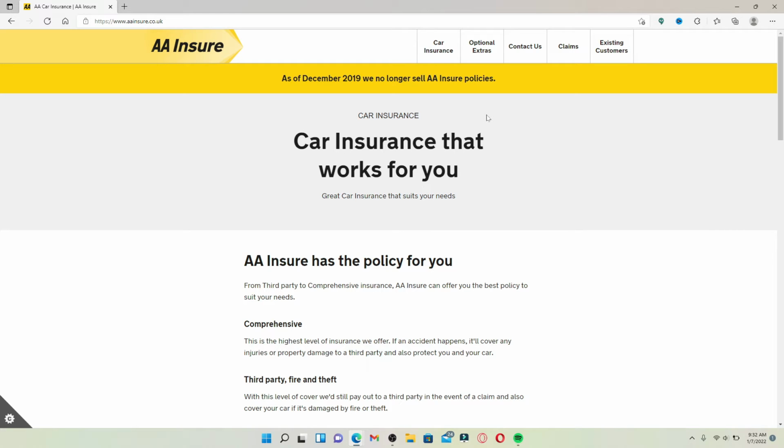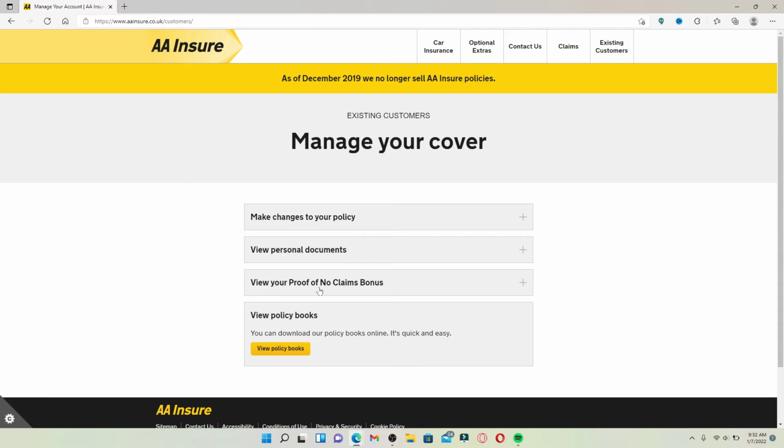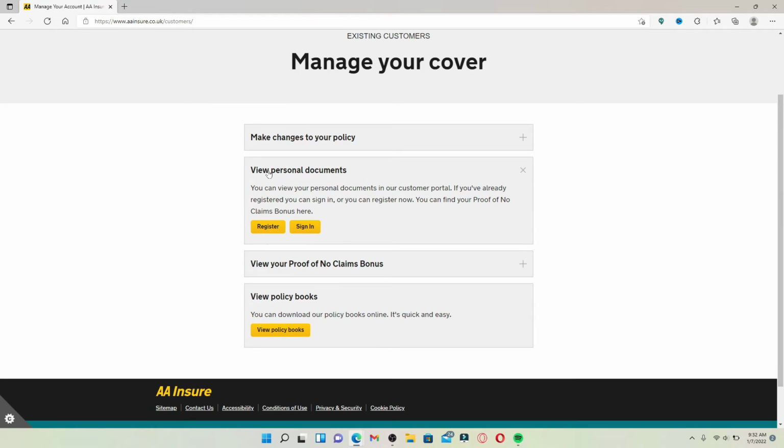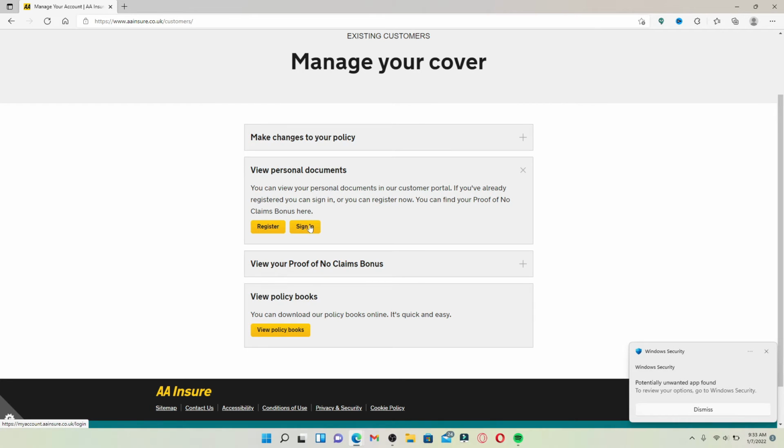If you'd like to log into your car insurance account, click on Existing Customers link at the top right-hand corner. Select what would you like to do from the options displayed on the screen. Choose any one option of your choice and give it a click. Since I've clicked the second option that says View Personal Documents, click on the Sign In button appearing right beneath